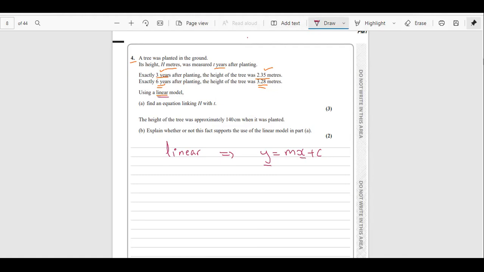The years, right? So we can write time for that. Okay, so time is independent, and what is dependent? The height. Okay, so the only difference would be